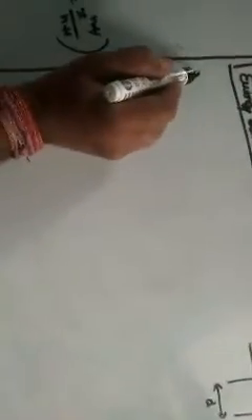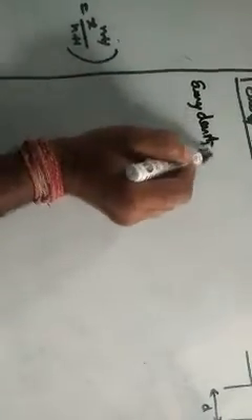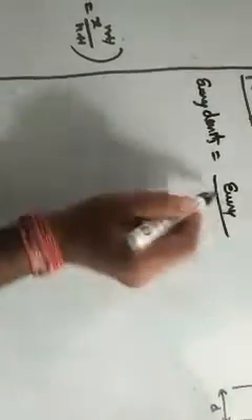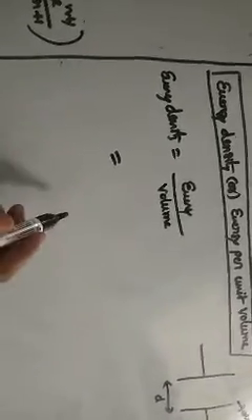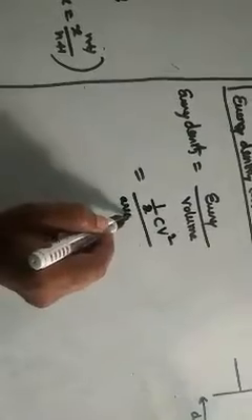So what is meant by energy density, also called energy stored per unit volume? It is nothing but energy divided by volume. This is the formula for energy per unit volume. Just now we derived the formula for energy stored in the capacitor. Many formulas are there. I am using this formula, half CV square, where V means potential. Here volume I can write as area multiplied by distance.